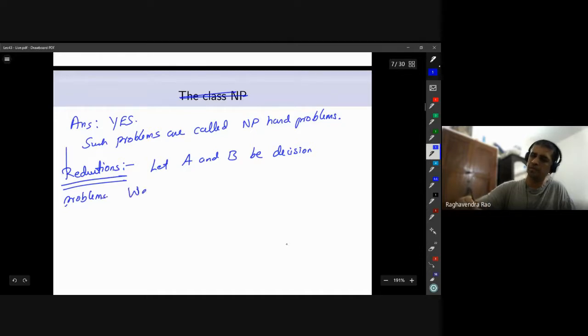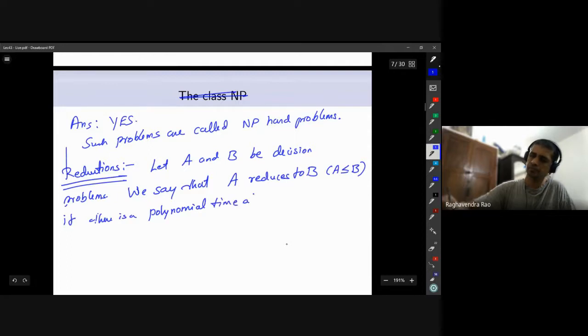We say that A reduces to B, and for simplicity I'll use this notation: A less than or equal to B, if there is a polynomial time procedure, an algorithm, let's call it F, such that